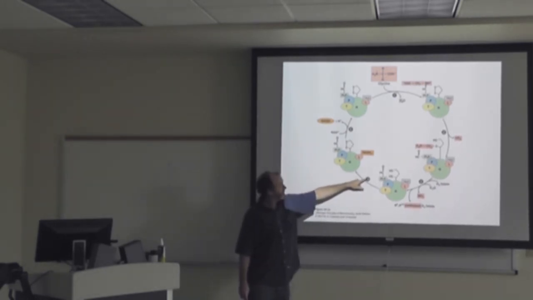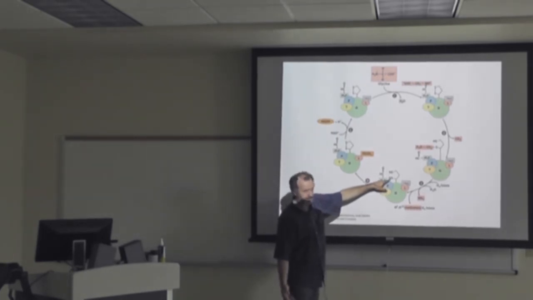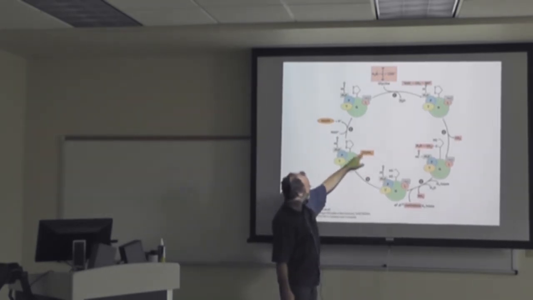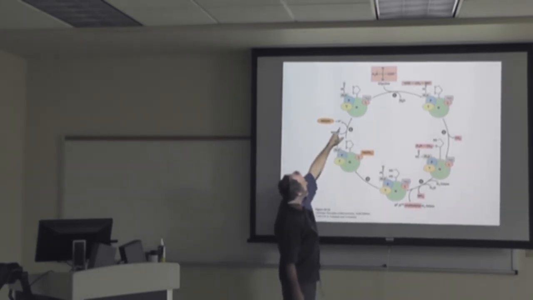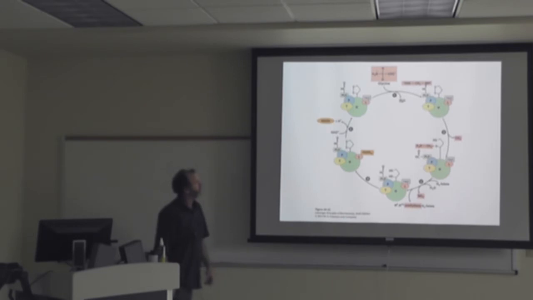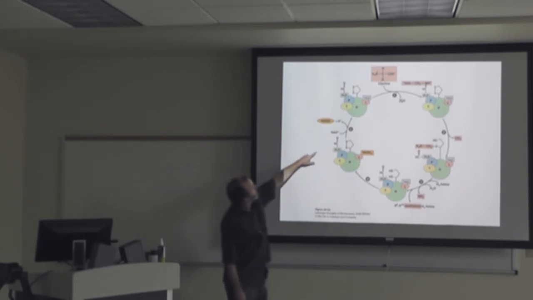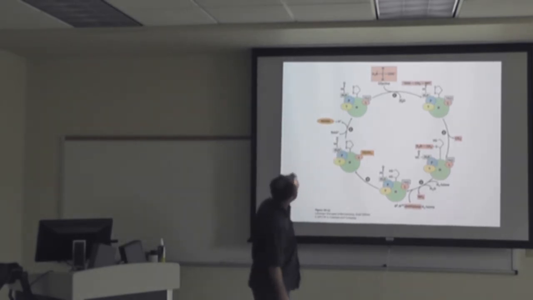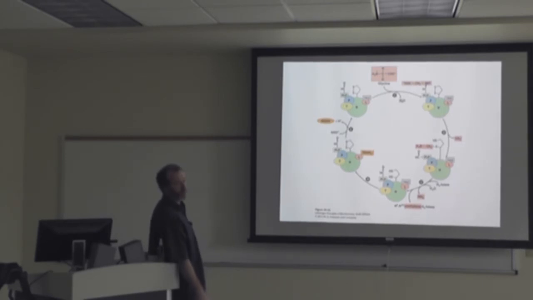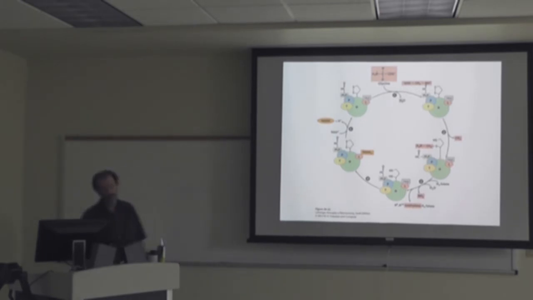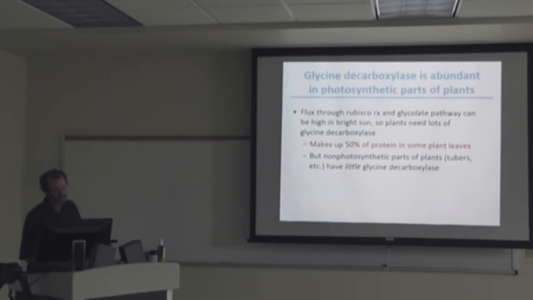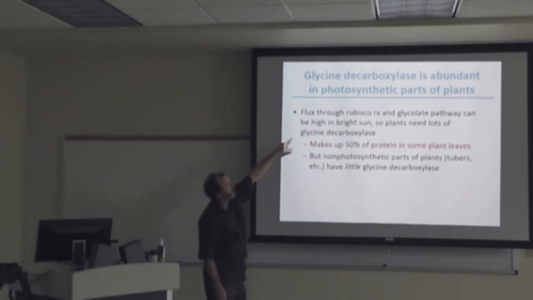And then this lipoic acid needs to be reoxidized, so the FAD picks up from the lipoic acid, then NADH can come in and re-reduce, or reoxidize. What are we reoxidizing here? Oh, so NADH picks up the electrons from the FADH2. Just like pyruvate decarboxylase. Glycine decarboxylase is abundant in the photosynthetic parts of plants, and you have flux through the Rubisco reaction, and